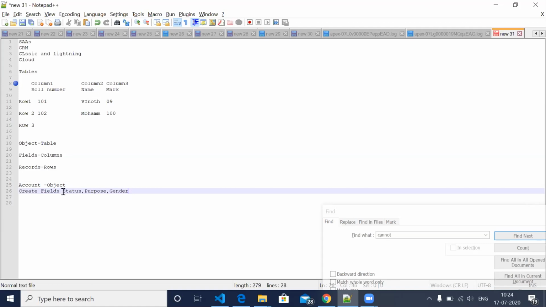These are the three custom fields I want you to create in account.